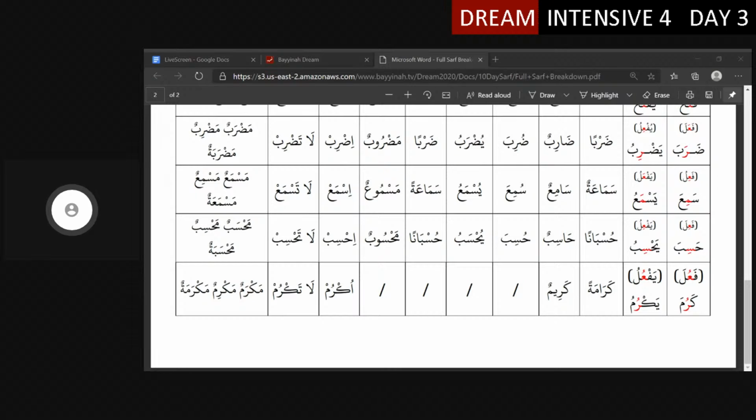Why are there three ظرفs? That's just how it is for the small families. Is there a pattern on ظرف? Yeah, the pattern is مفعل and then مفعل and then مفعلة. So we're just plugging all of these roots into those three. So مفعل: منصر, مفتح, مضرب, مسمع, محسب, مكرم, and so on. And then you do the same thing for مفعل, and then the same thing for makramatun.